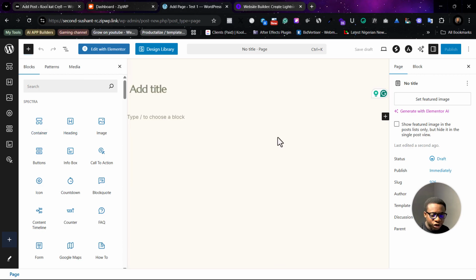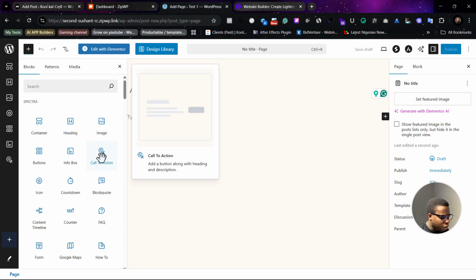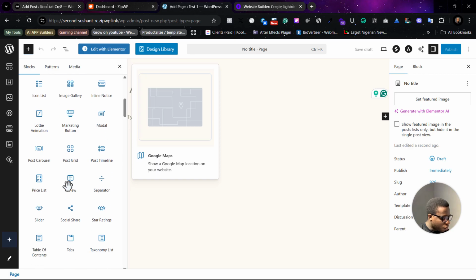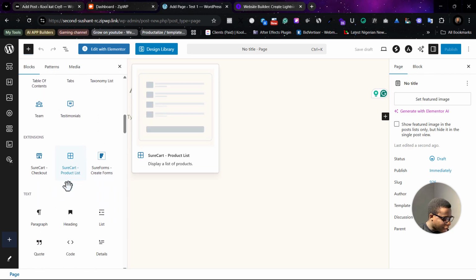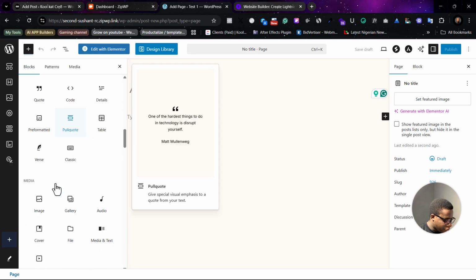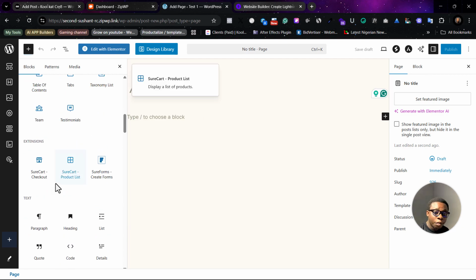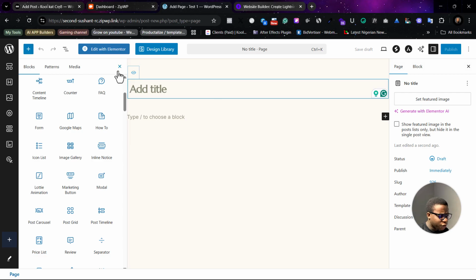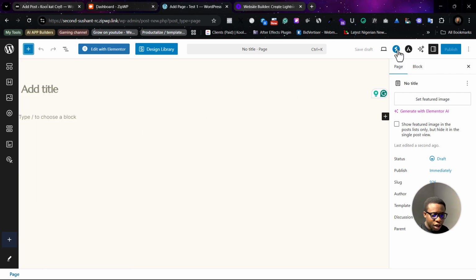You can play around, drag them, and see what they do, how they function, from container to heading to image to call to action, icon, countdown, block codes. You can keep going down and you can see what they do. I think then the rest below here are for Elemental Gutenberg default. So if you don't want to stress yourself and start testing from scratch, I think